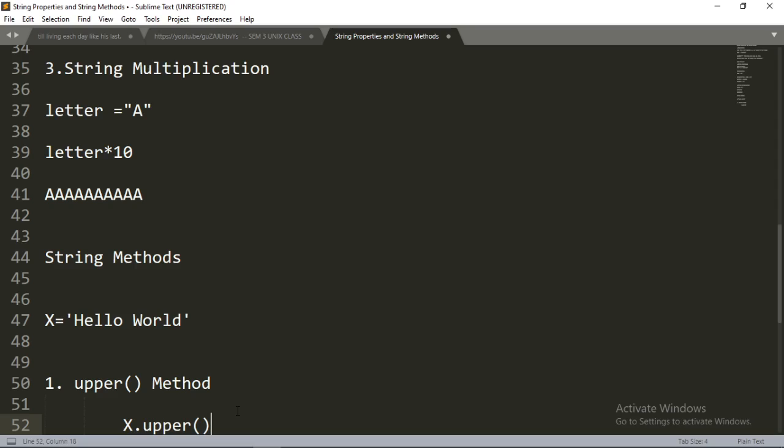Okay, so after doing this, x dot upper will change the case. Write down: x dot upper will change the case of the string to uppercase, or you can write uppercase. And here we also have a particular advantage by using Jupyter Notebook, because whenever you work with these methods,